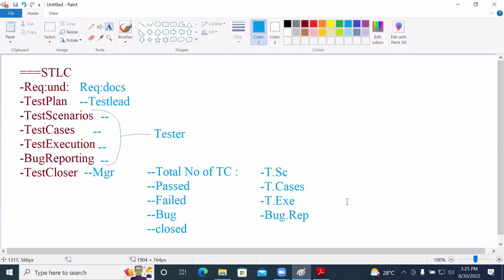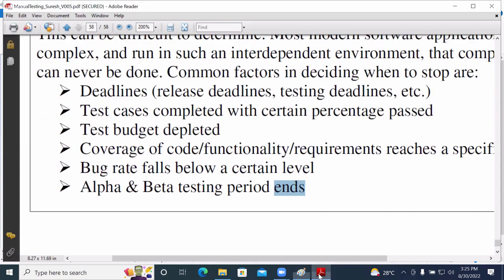In case they want to stop at the testing, they will take care of certain points. Assume that they want to stop at the testing.